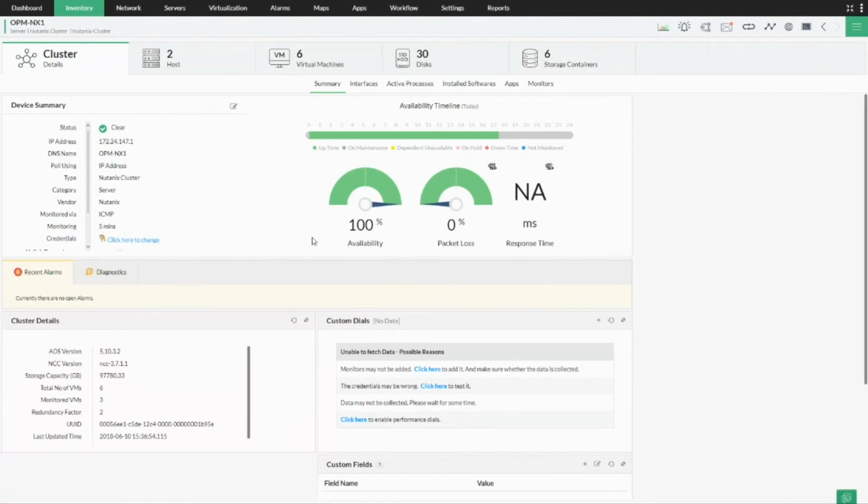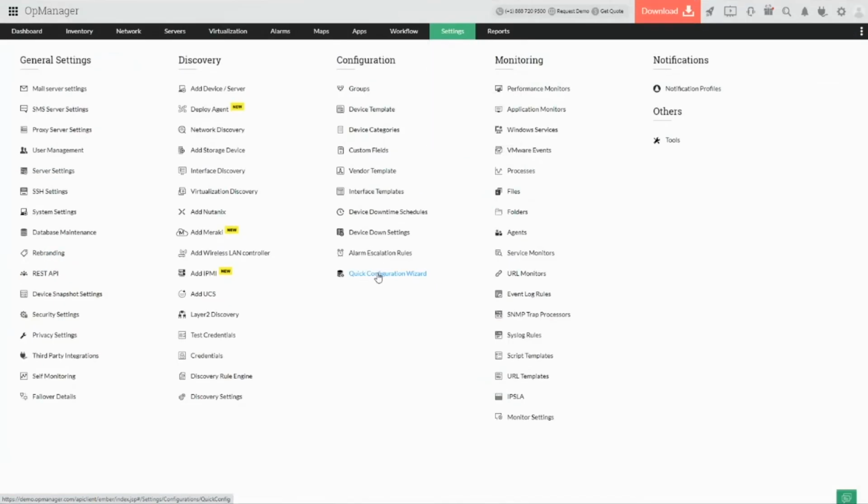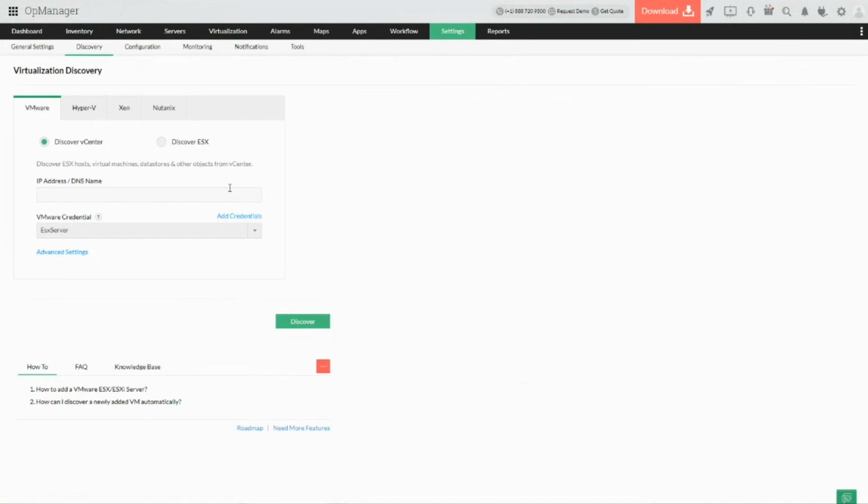In terms of virtualization for Nutanix, vCenter or Hyper-V, OpManager is going to scan these devices every 2 hours and get all the information. For example, if there is any change in your environment with respect to the servers, let's say certain devices are removed or certain devices are added, because it's a virtual environment, changes are frequent. In those cases, OpManager will automatically make these changes and update the information about your environment,